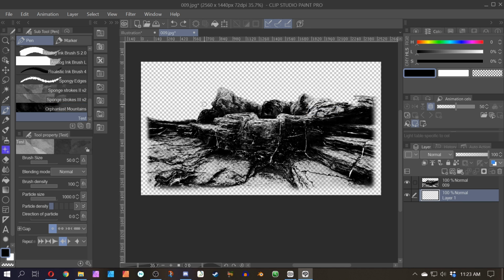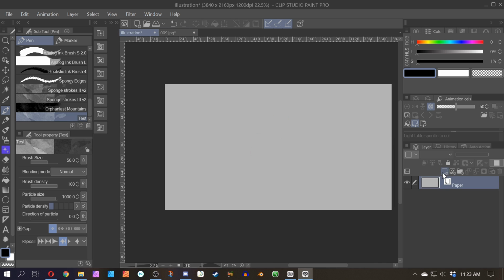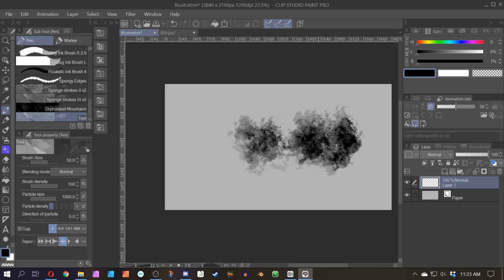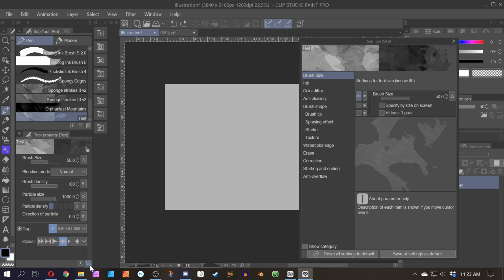And so we have this test brush, and let me go into this little sandbox file that I've gone ahead and created, and the test. Okay, so we have the test. You can see that it says test here. This is the brush that I just created, but currently it's drawing with that sponge texture because I just duplicated a sponge brush. Okay, so now I just go ahead and click on this gear, and then I go to